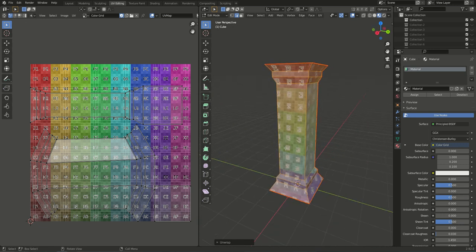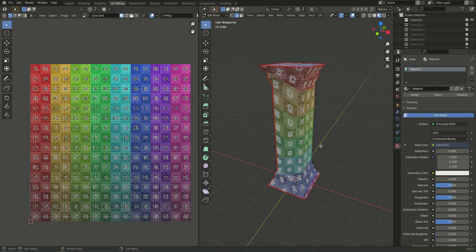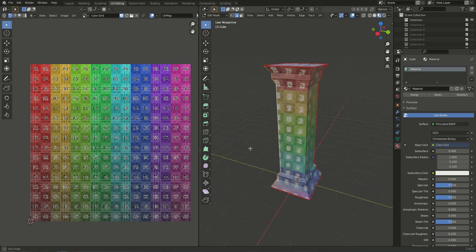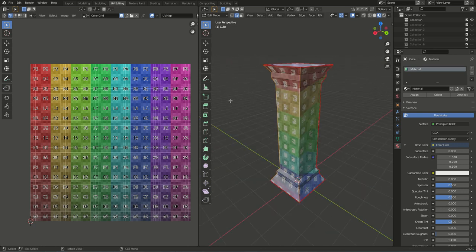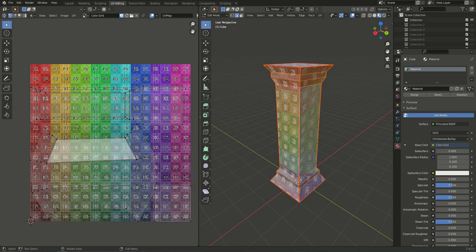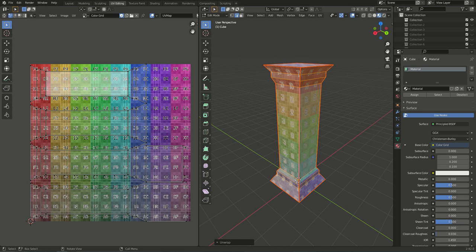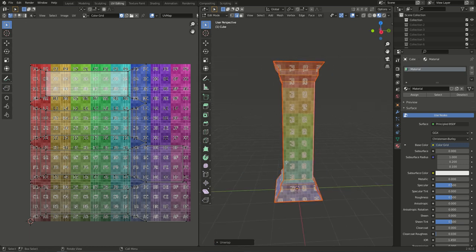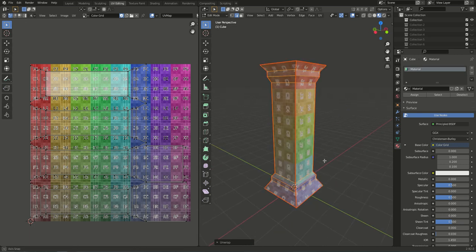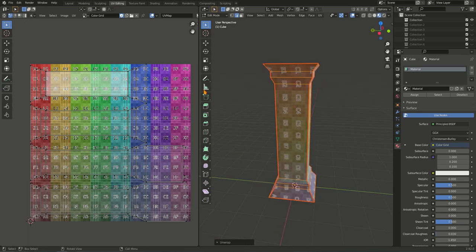So we can, for instance, repeat the procedure. I select this, Control E, mark seam, select everything, and unwrap. And now this looks much better, way better. So we have the islands here, and let's create a black texture for a moment, because this texture